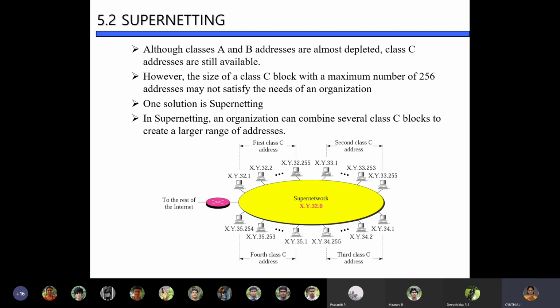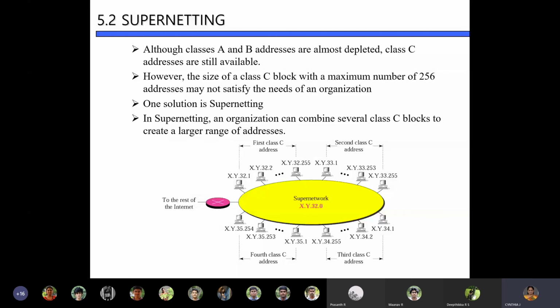Suppose we have acquired a class C address, and I've got a huge number of hosts. Then I make a request and say that you please alter my net ID so that 3 bits of net ID I'm going to allocate for increasing the number of hosts in each of the network. So the same procedure, only thing, instead of getting the bits from host ID, I get the bits from the previous octet, and accordingly I form a new mask. And the rest of the allocation of IP address is the same as that of subnetting.